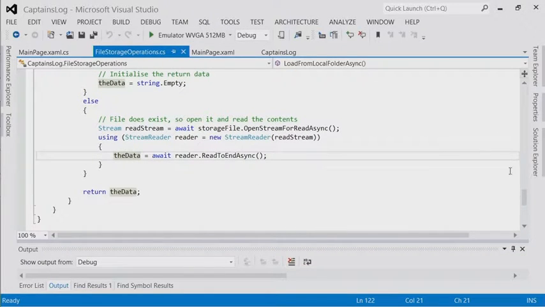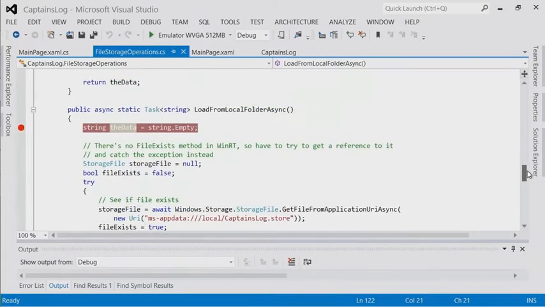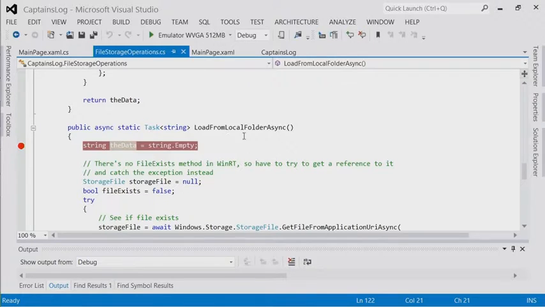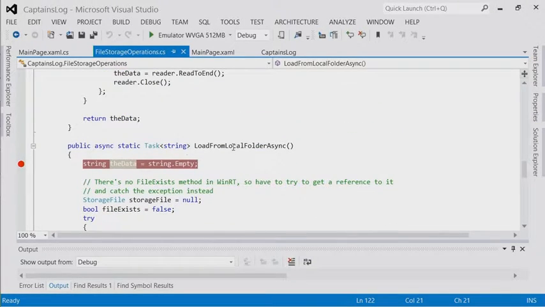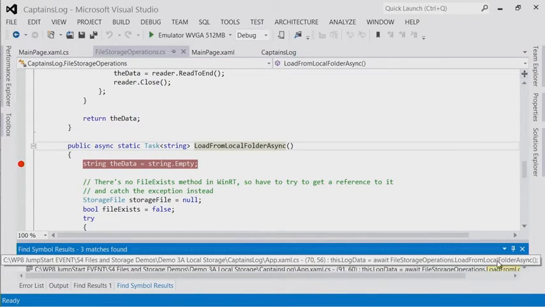You'll see that this method here that I just stepped through reads the data contents of that file, and it returns, this is one of these weirdo async task string things, actually a string, which is the contents of the file. And if we see where that is referenced from, find references, that is called from